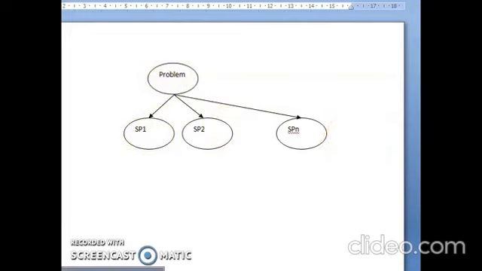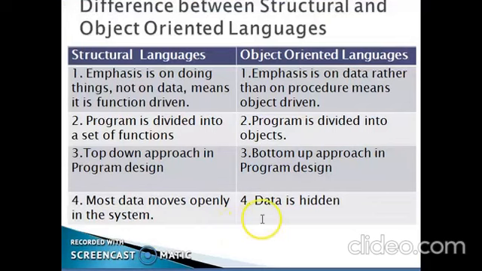Whereas in my object-oriented approach, I use a bottom-up approach. That means I divide my problem into objects, and these objects collectively help me in solving my problem.